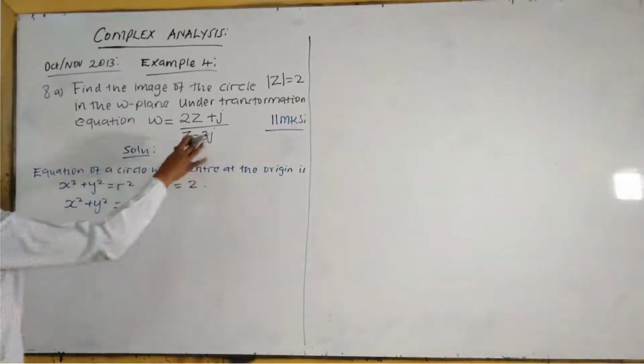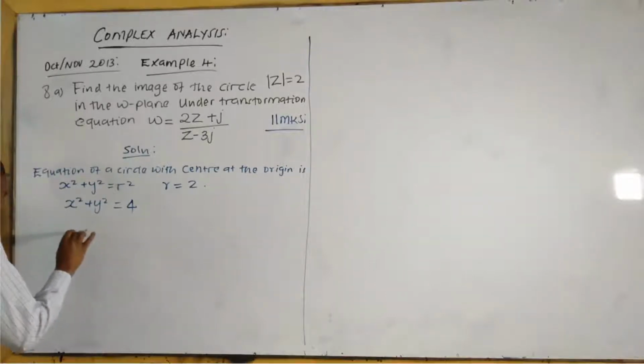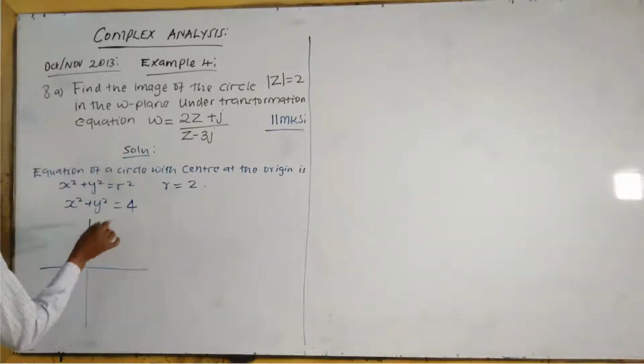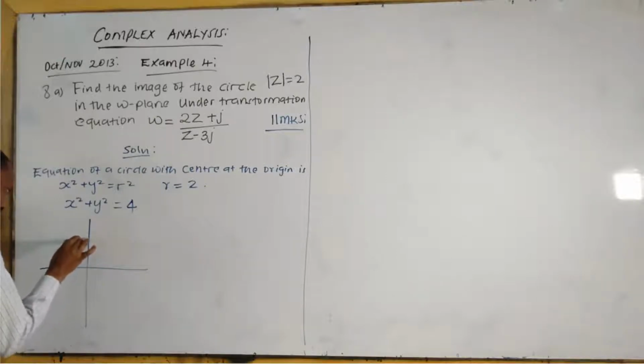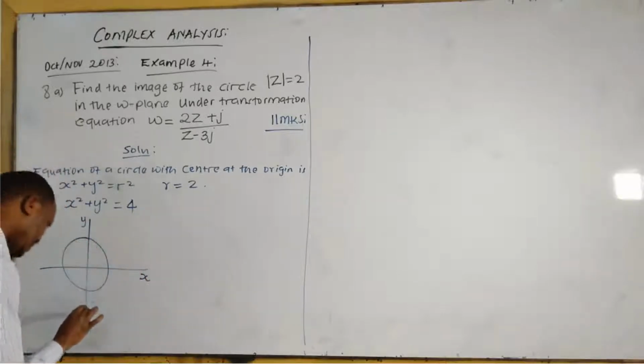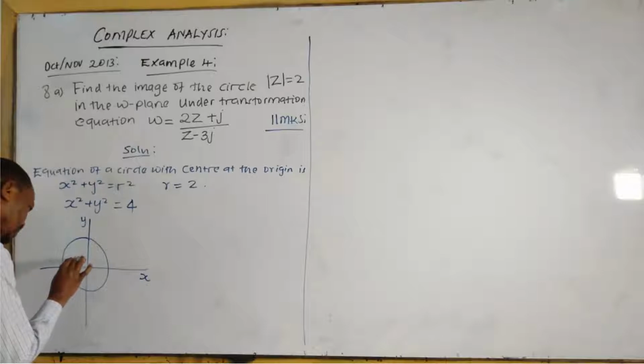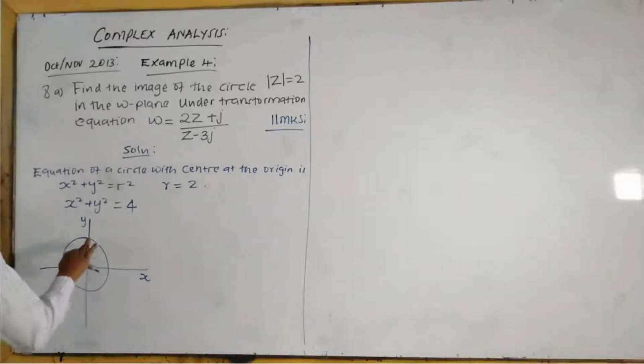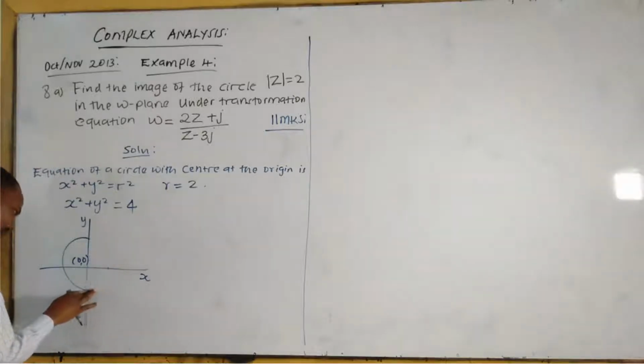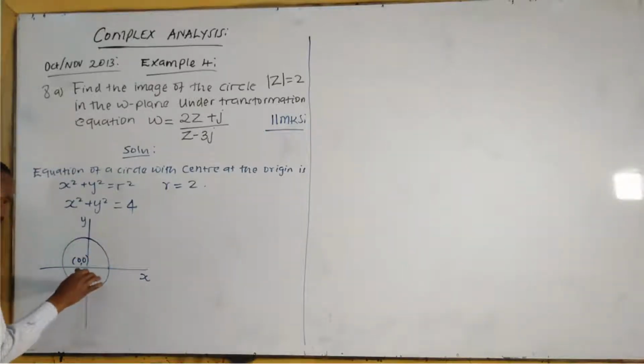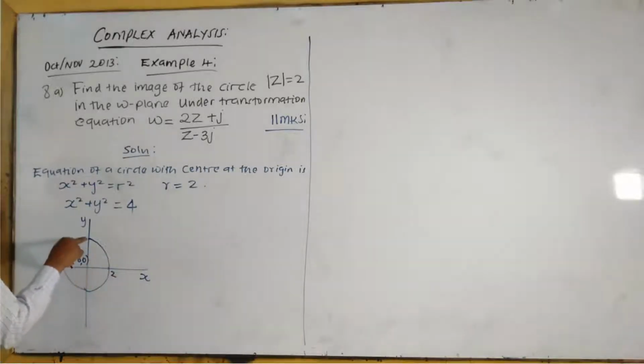Now, we can also plot this one in a z plane. You can say we have a circle with a radius of 2 in the z plane. So in the z plane, this is the y-axis, this is the x-axis. The center is at 0, 0. The center of the circle is at the origin of the xy Cartesian plane. And the radius is 2: from this point to this point is 2, and from this point to this point is 2, but on the negative side.